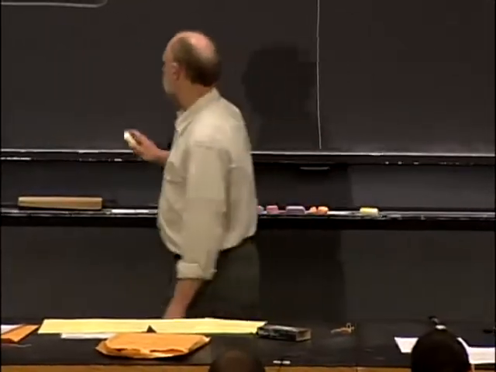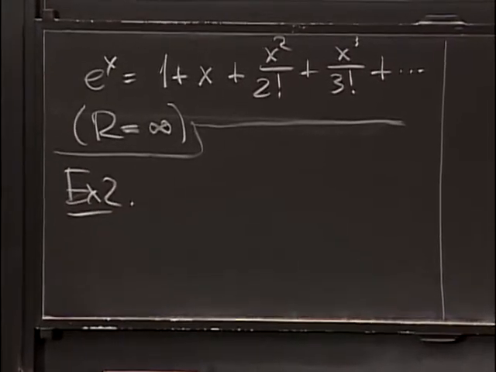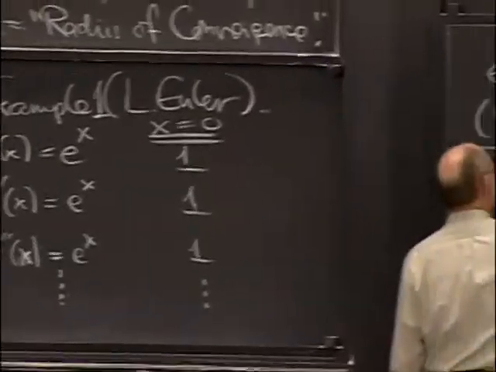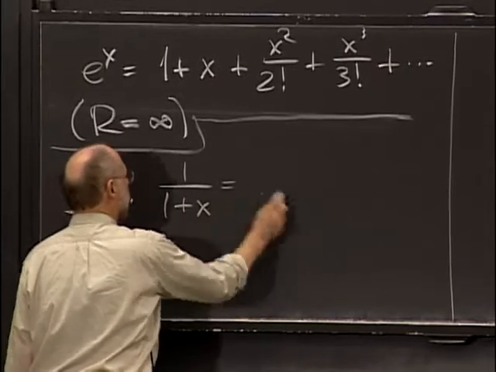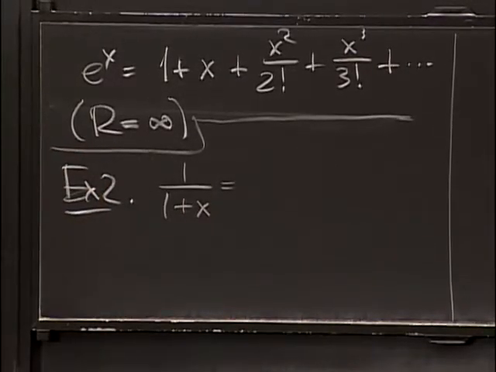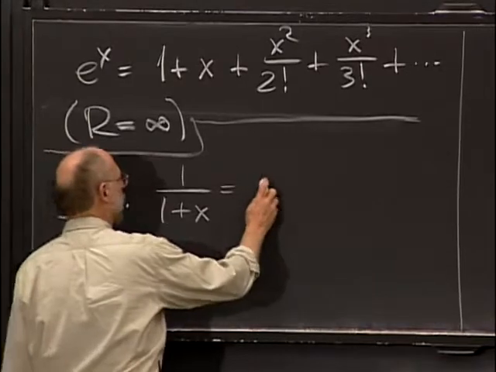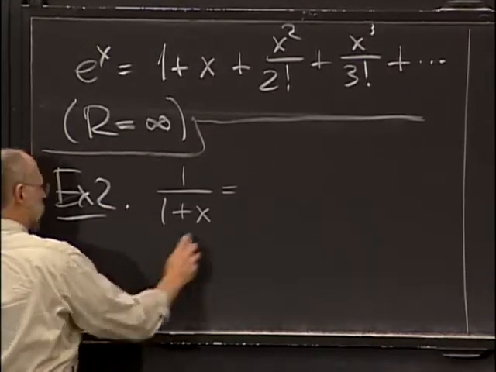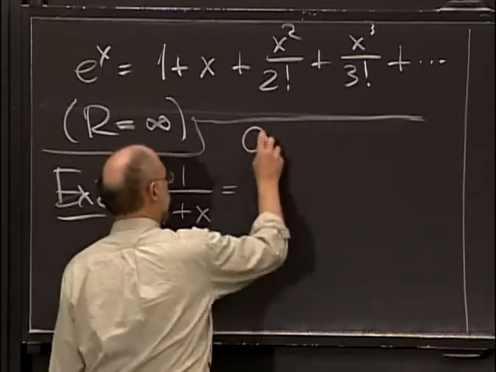Let's do another example. Here's another example. I guess this was example 1. So this example, I think, was due to Newton, not Euler. Let's find the power series expansion of this function, 1 over 1 plus x. Well, I think that somewhere along the line, you learned about the geometric series, which tells you what the answer to this is, and I'll just write it out. The geometric series